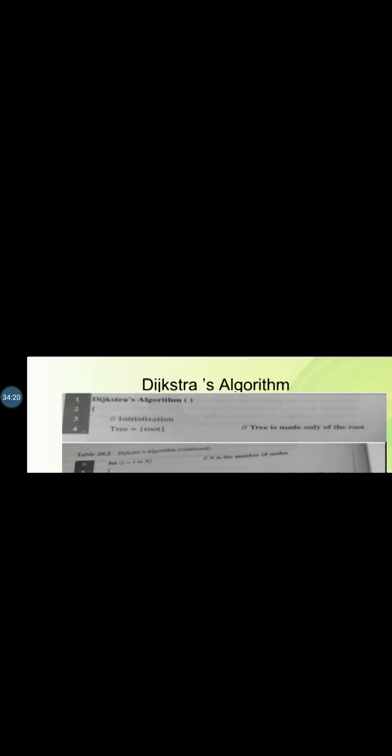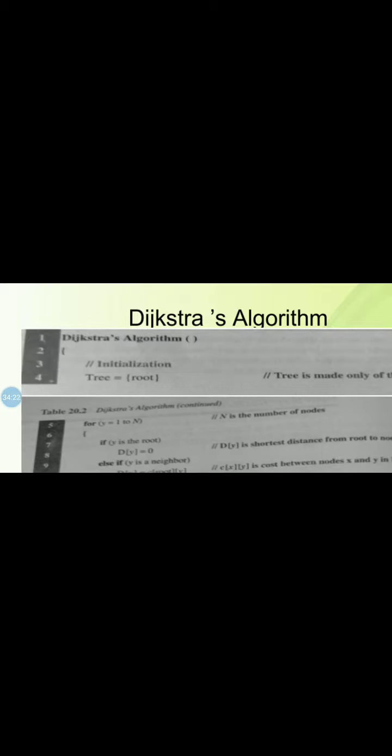Else, if y is a neighbor, then d of y is equal to c of root, y. So c of x, y is the cost between nodes x and y in LSTP. Else, d of y is equal to infinity if y is not a neighbor.